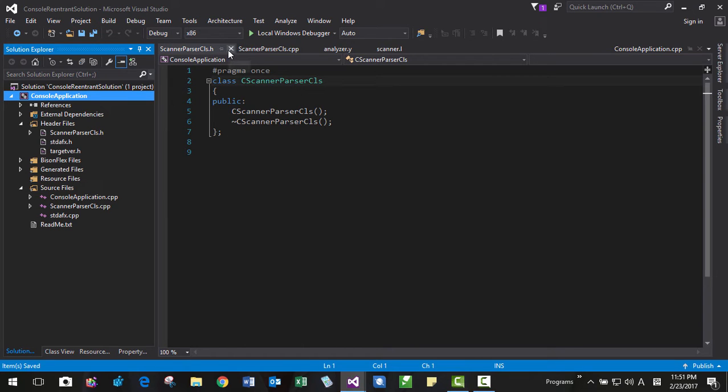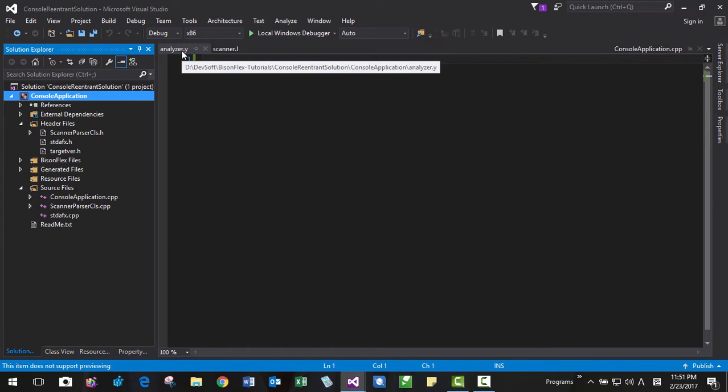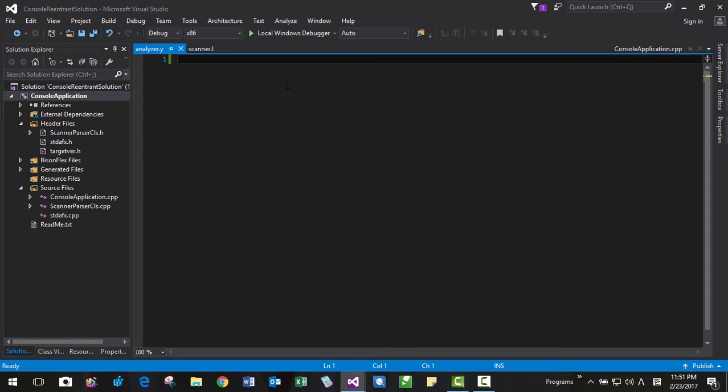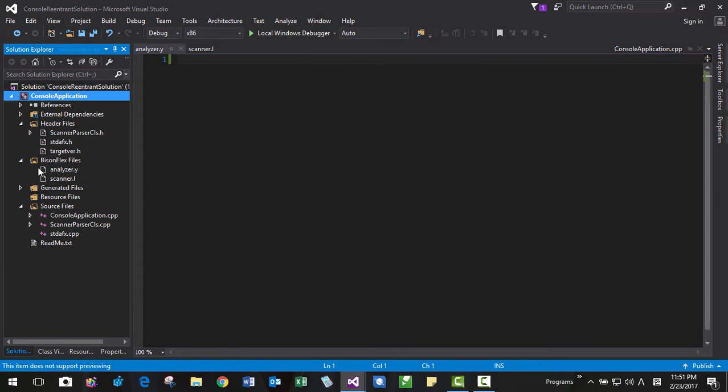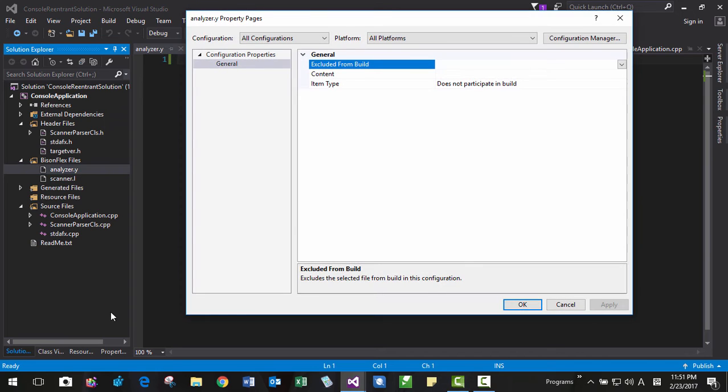Then we will start with the lexical analyzer. Okay, we will use two of them simultaneously. The lexical analyzer should start with quite a lot of options. Before we do that, we will make a compiler setting: right-click analyzer, properties, and make sure all configurations